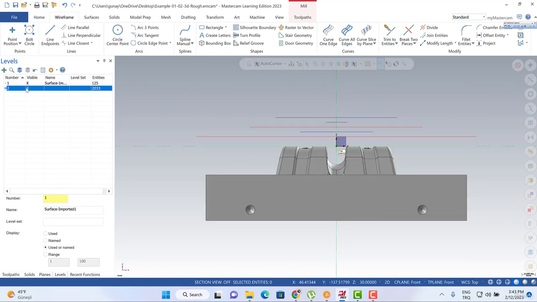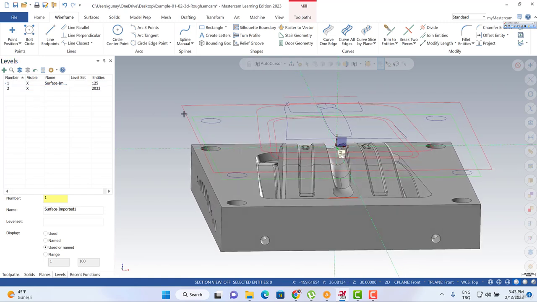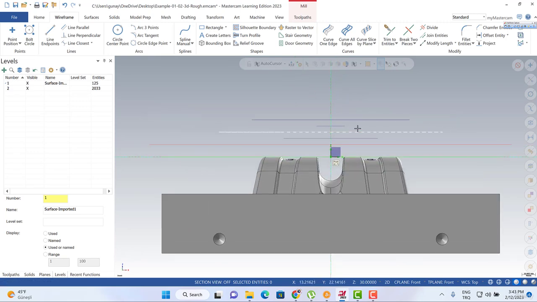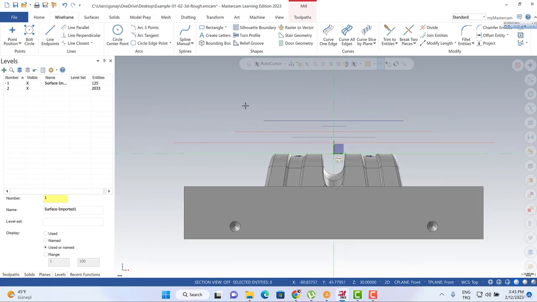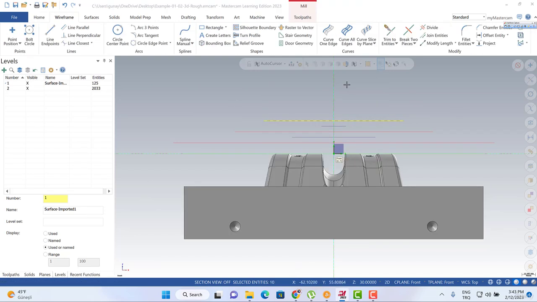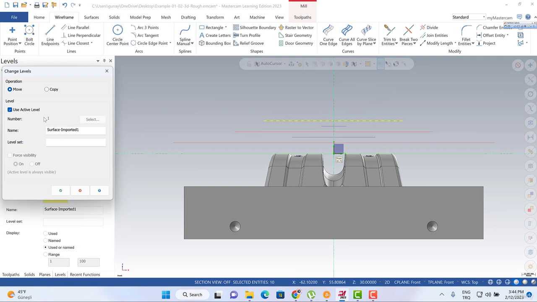Yeah, this is my solid body actually. And then we can turn to this view, and let me select this one and use the right mouse button and hit the level, and then we can activate the active level options, and then we can click 101,